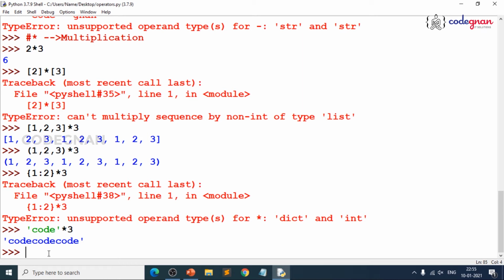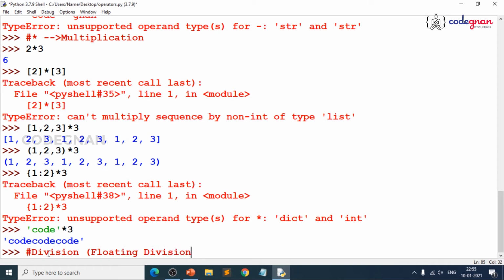I need not make it very specific, because that's what you already learned from your childhood, whenever we started our journey in mathematics. So I don't want to stress much on that. But the fourth one is division, which we generally call floating division. Let us talk in Python terminology. It is generally called floating division. Why do I call it floating division?